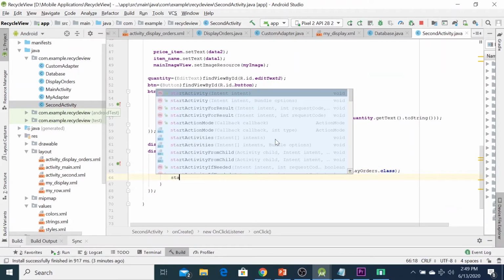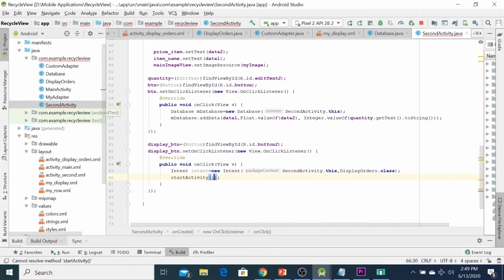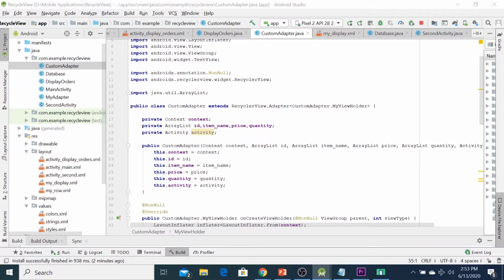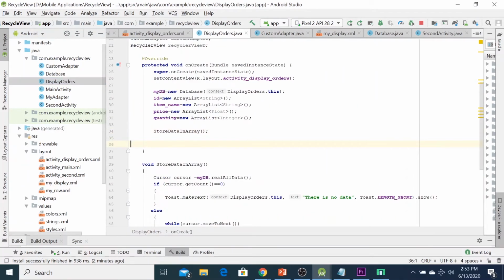Semicolon, and startActivity(intent). Okay, for the public getItemCount, we can return here id.size(). Okay, next you have to go to the DisplayOrder here.